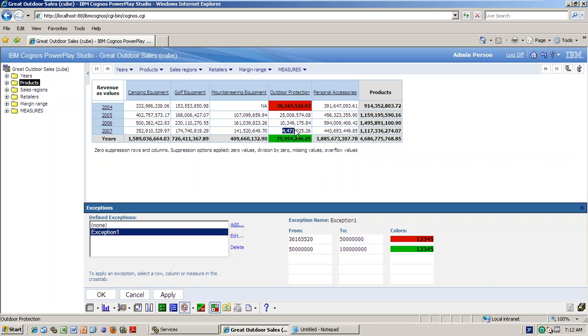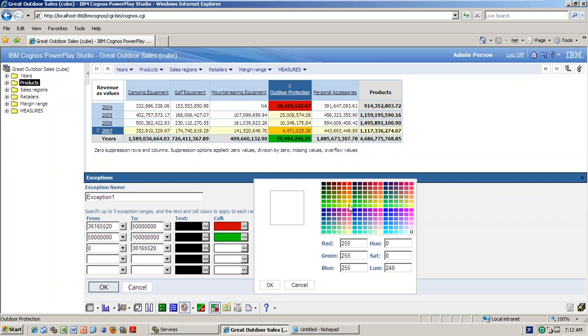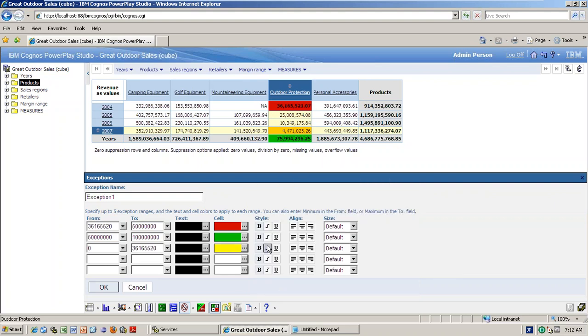If you want other colors, for all the rest, zero to this value, I will treat all of them as yellow color, remaining all the colors, okay, and bold and italic and middle, and click OK.